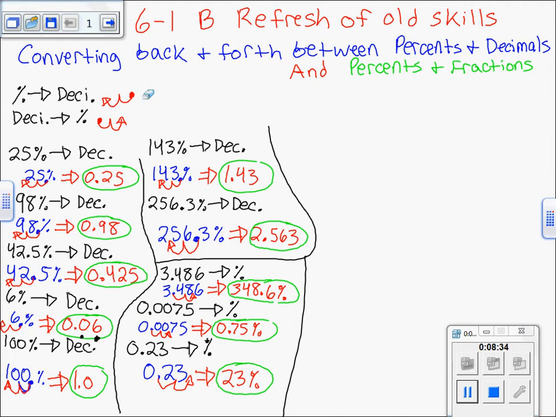But if it's going the opposite, from a decimal to a percentage, like let's say your final answer, you're trying to turn it back into a percentage, you're going to go ahead and move it 2 decimal places to the right. Now, I point that out because one of the reasons why we want to do this, I should have said this before, is anytime you're going to do a calculation with a percentage,